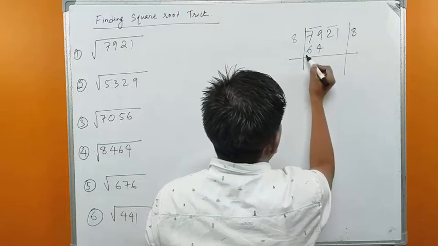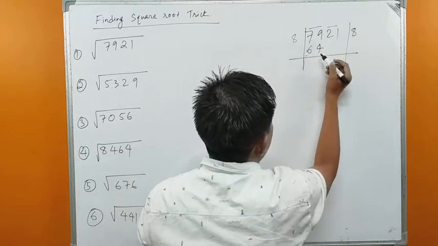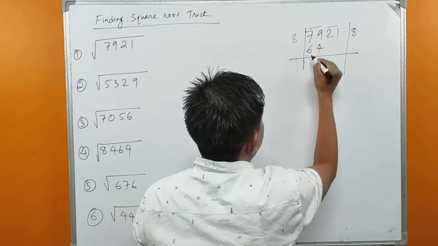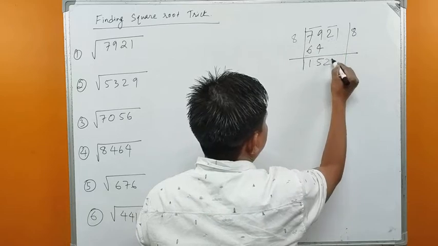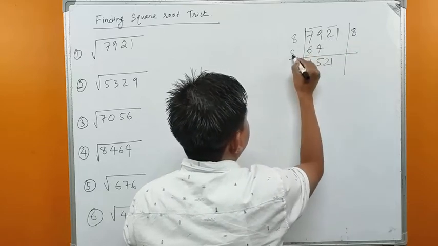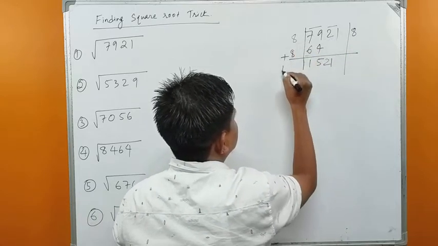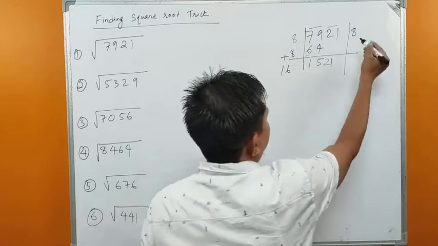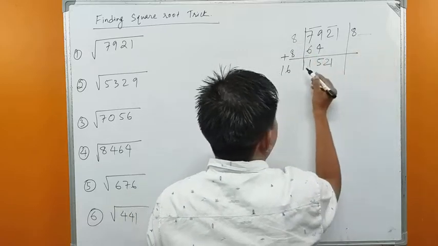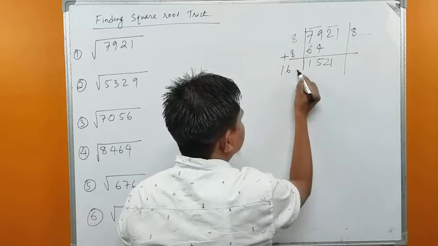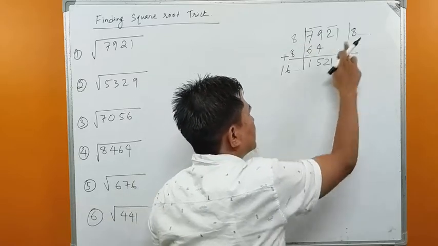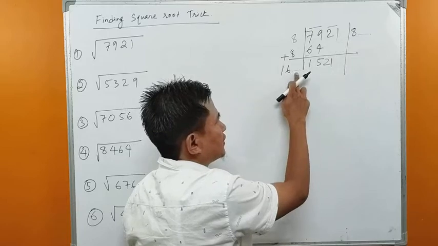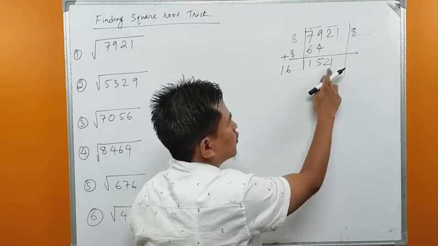Now let us subtract this. 9 minus 4 is 5, 7 minus 6 is 1, isn't it? So we bring down this 21 here and we bring down this 8 here. So 8 plus 8 is 16. Now we write such a number here and the same number should be written here. After that, when we multiply this number with all of these 3 digits, we must get